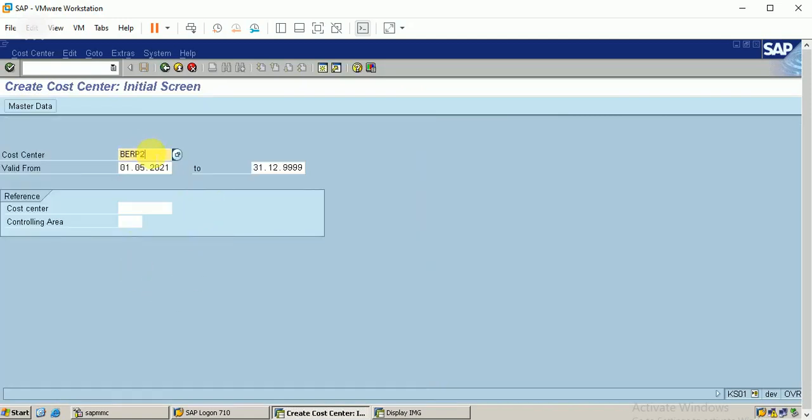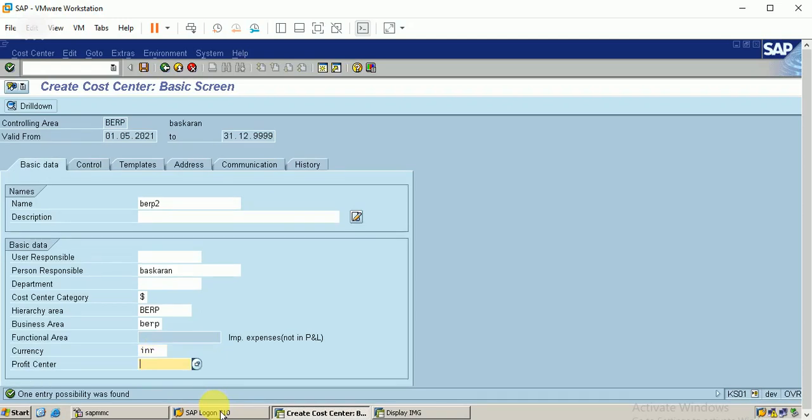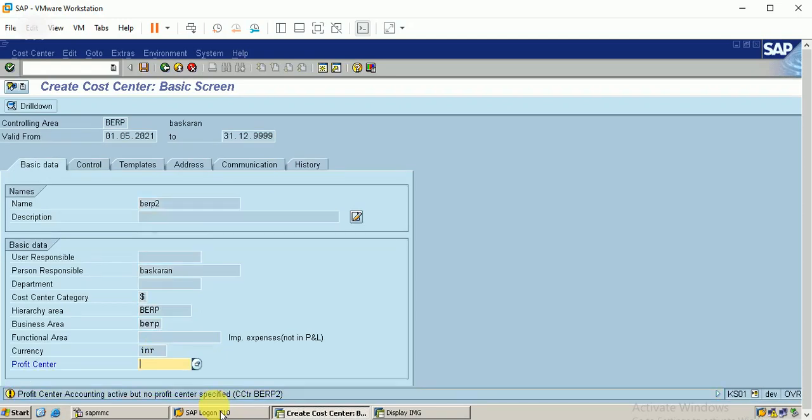Cost center 2. Okay, the same cost center category. But here also you would have seen that I have not linked any cost center group. That is not an issue.